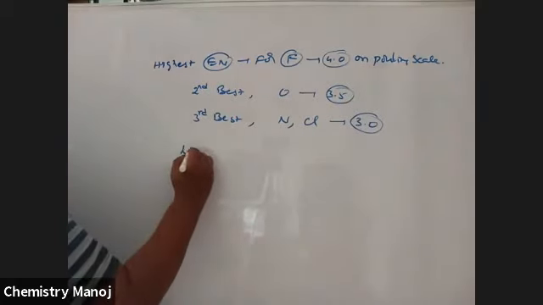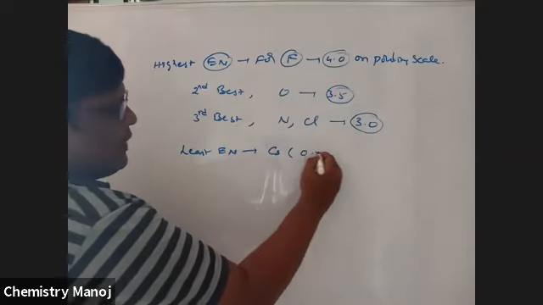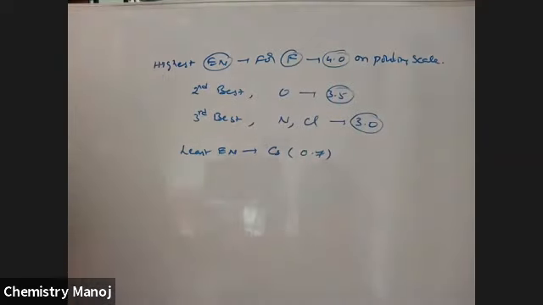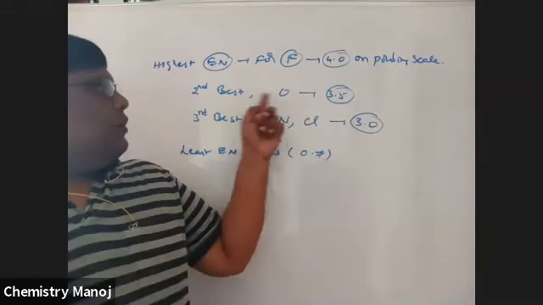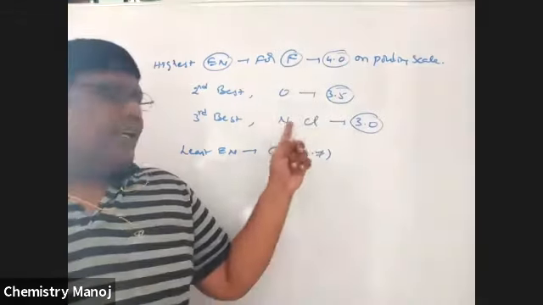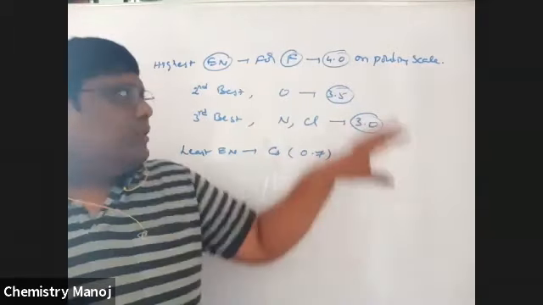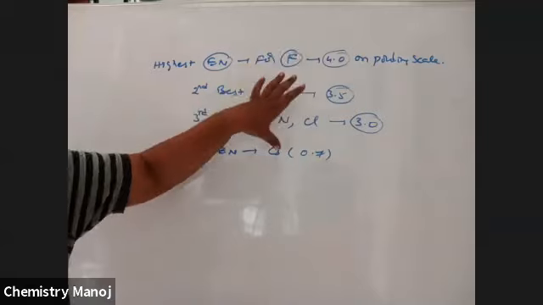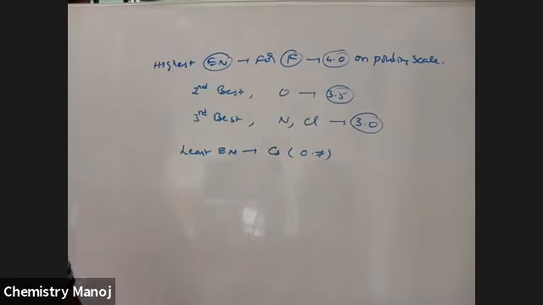The least electronegativity is for cesium. Its value is 0.7 on the Pauling scale. Highest for fluorine, that is 4.0. Second highest for oxygen, that is 3.5. Third highest for nitrogen or chlorine, that is 3.0. These are generally the highest electronegativities. The least electronegativity is cesium, its value is 0.7. These are the electronegativities.